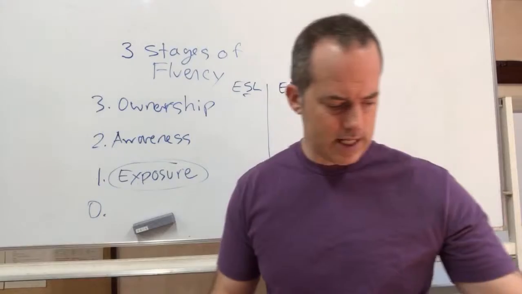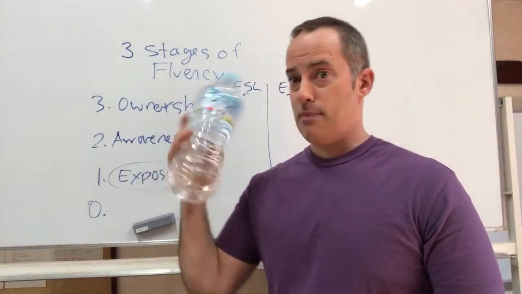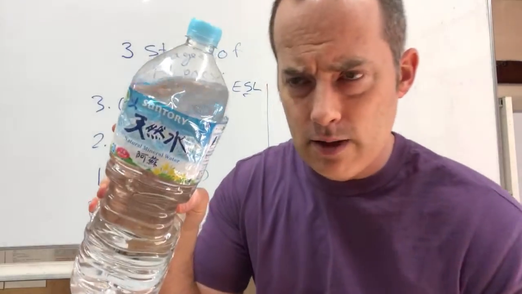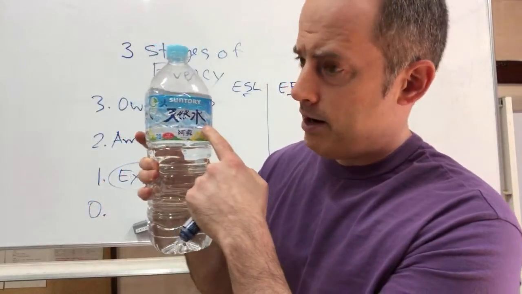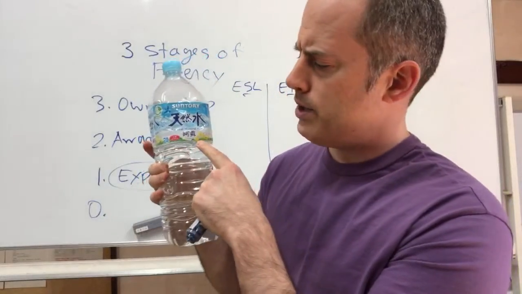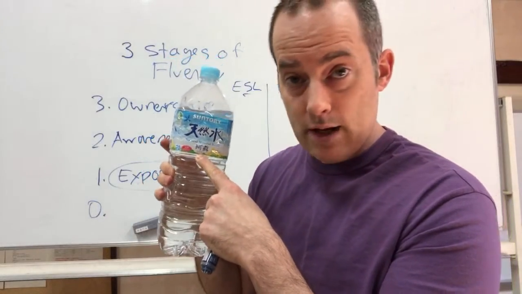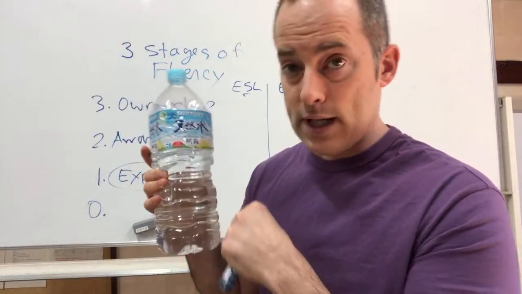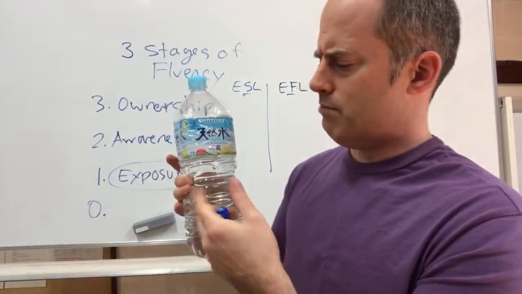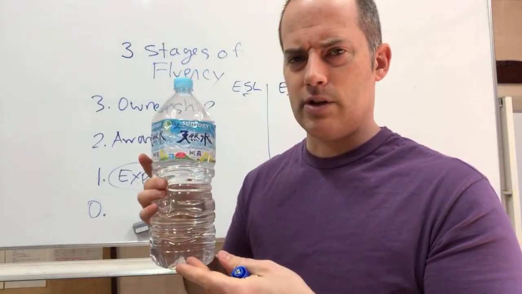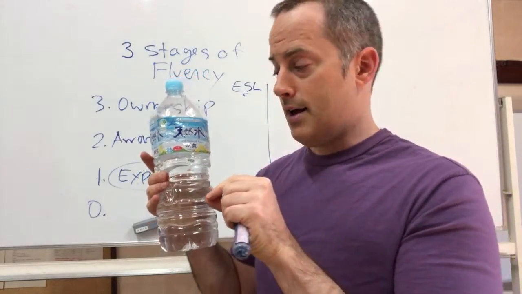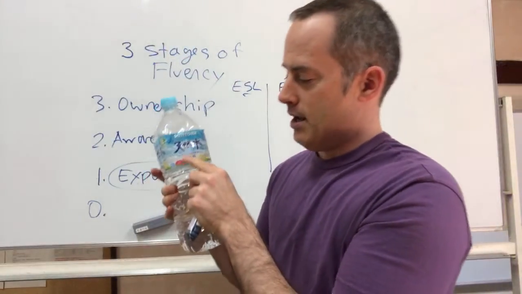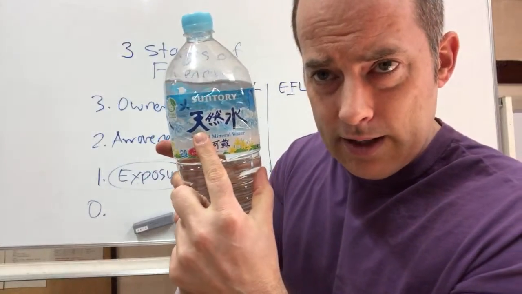Now, I think this is a little bit easier if I give you an example. This is my bottle of water over here. And I want you to take a look up here. So these are kanji. So these are the borrowed Chinese characters that make up one third, actually, of the written language of Japanese. So it's a little bit trickier than something like English for the written part. English is a little bit trickier for different reasons. But just looking at this character right here.